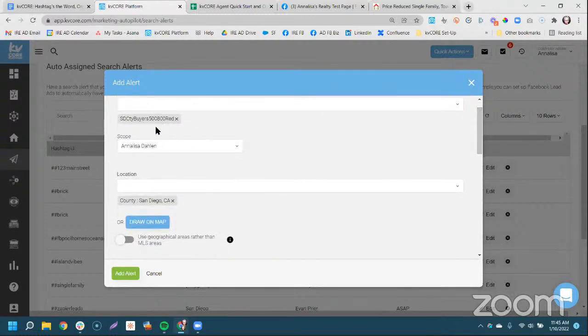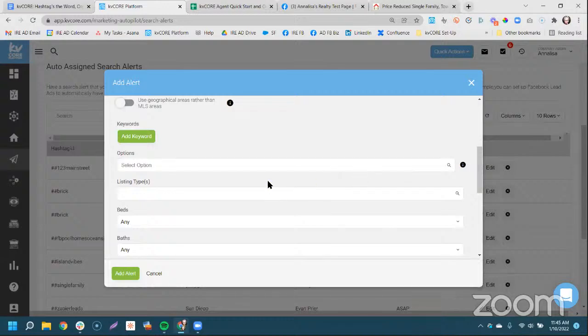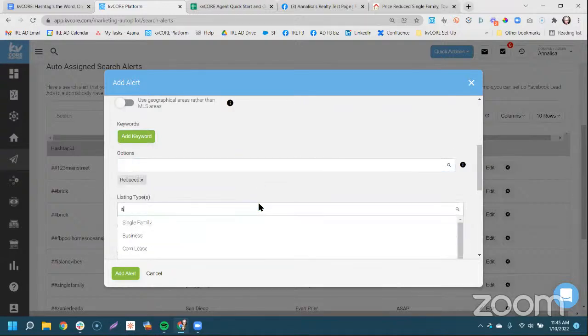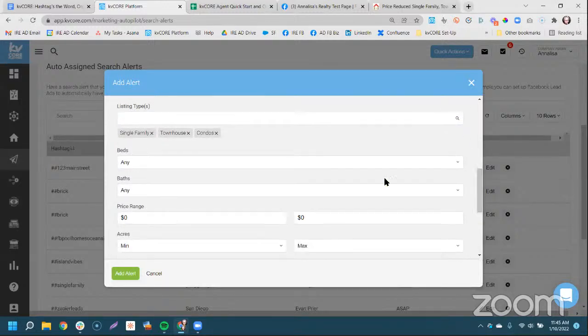So you can say whenever this alert lands, it's going to pull information in this area for reduced listings that are single family, townhouses, condos. And it's going to be a minimum 3-bed, 2.5 bath, and it's going to go between 500,000 and 800,000. So you can get pretty detailed here.